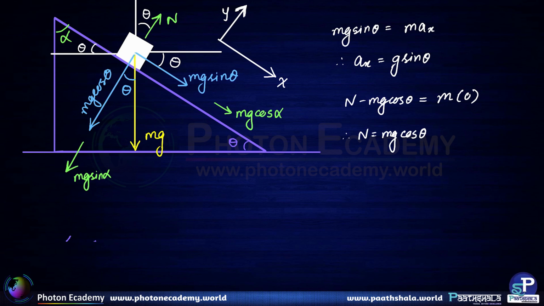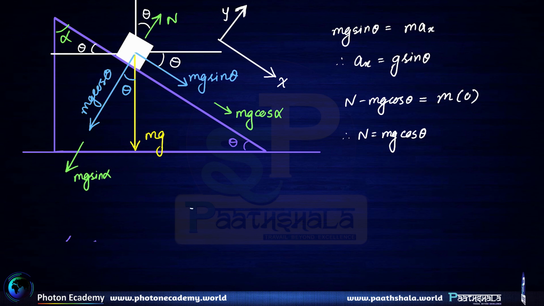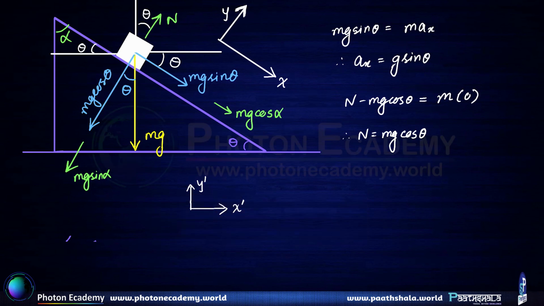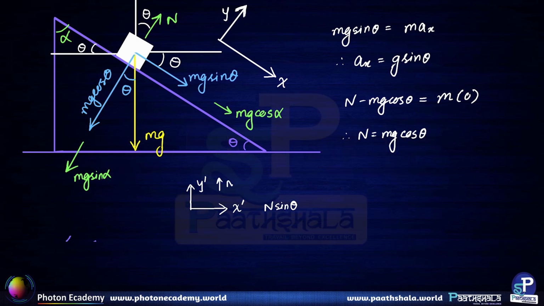So if we are going to choose this direction as the horizontal direction, let us say the x dash axis, and this as the y dash axis, sometimes we may need to resolve the normal reaction along the x dash axis. So the component of normal reaction along the x dash axis is going to be equal to N sin theta, because of the theta-ness of the situation, whatever theta-ness we have mentioned diagrammatically, and this particular vertical component is going to be equal to N cos theta. Alright,